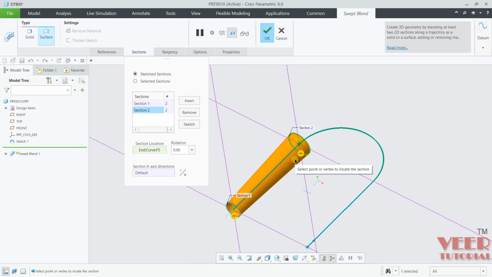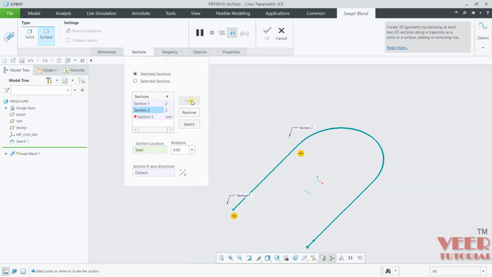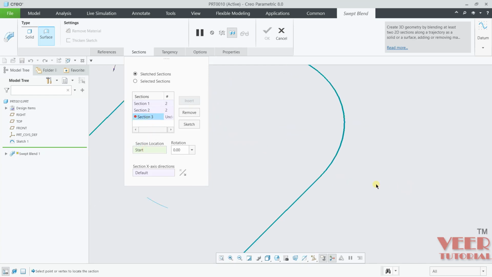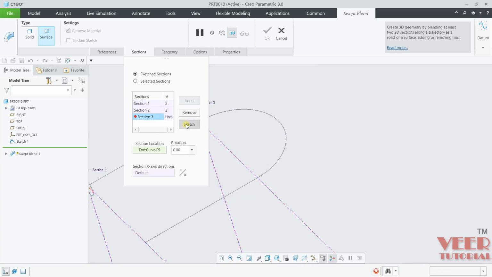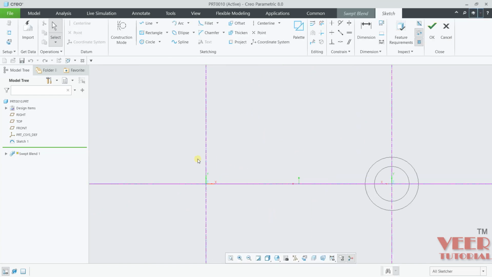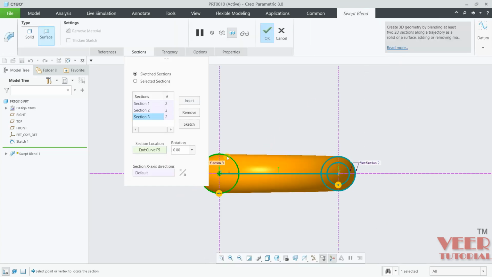Again you can continue selecting multiple sections. Click on insert. Here select the location. Let's say this time I will select this point from here. Click on this point. Click on sketch. This time select a circle of some different radius or the same value, whatever you take. Click OK.